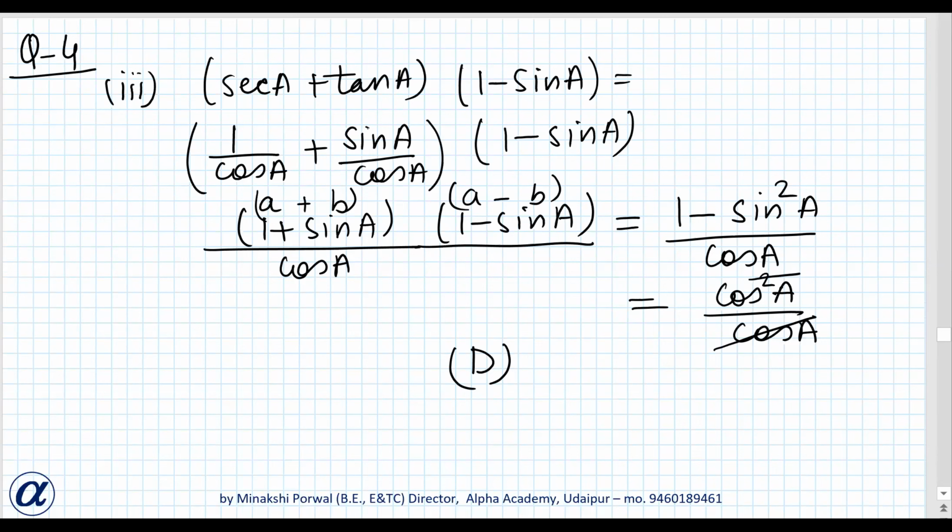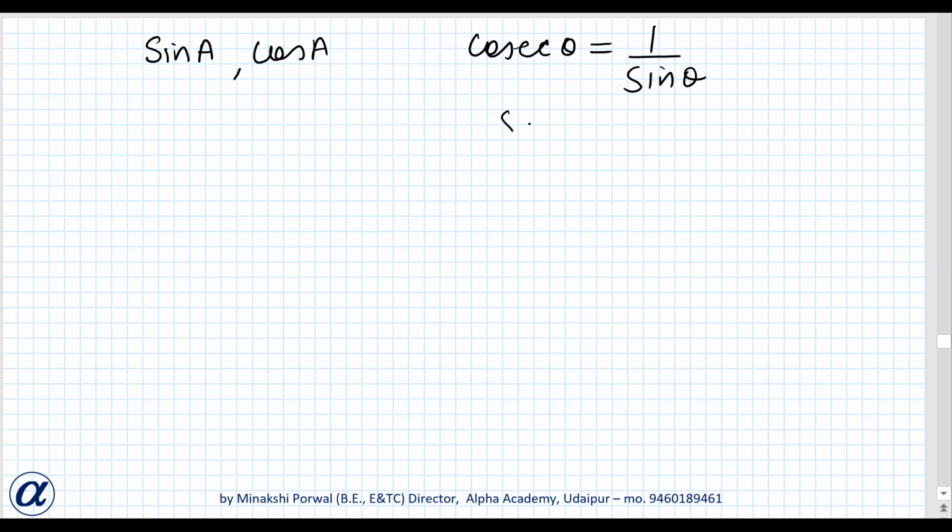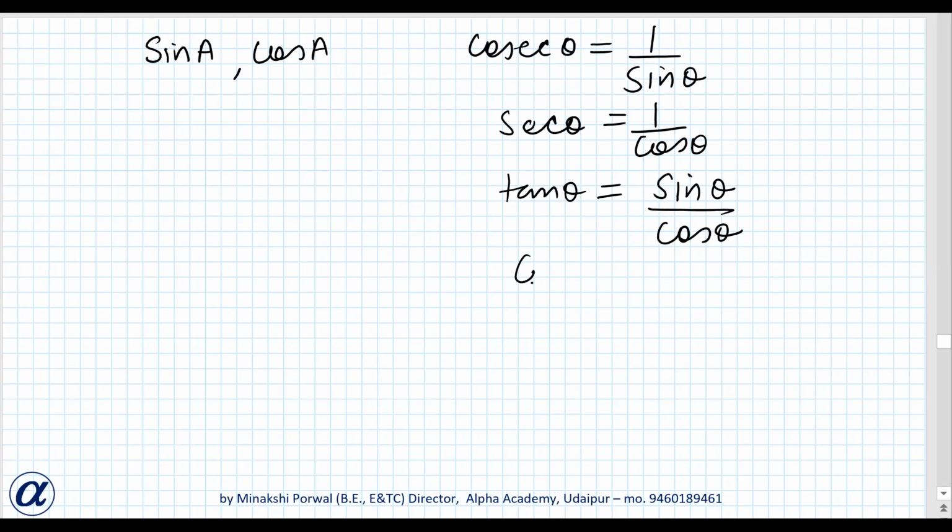Okay, so actually the approach will be that whatever trigonometric ratio is there, convert it into sin or cos. Like cosec theta can be written as 1 upon sin theta. Sec theta can be written as 1 upon cos theta. tan theta can be written as sin theta upon cos theta, and cot theta can be written as cos theta upon sin theta. So if you will convert them to the simplest form, that is sin and cos, then things will be easy, and then with time you will understand. But first step generally this is.